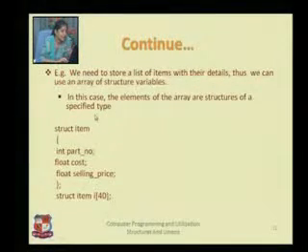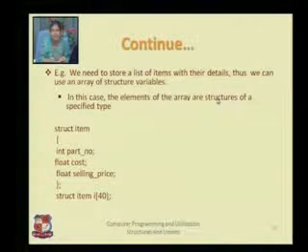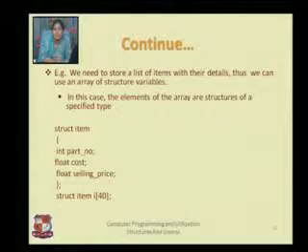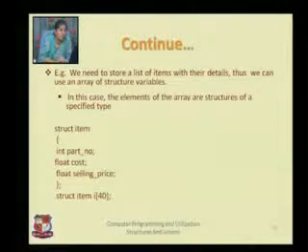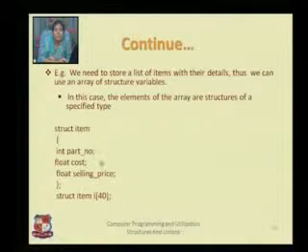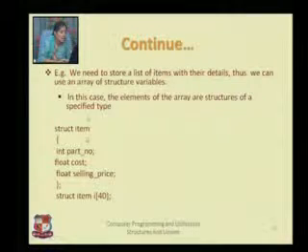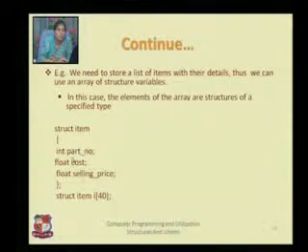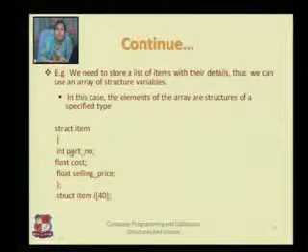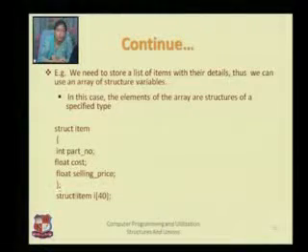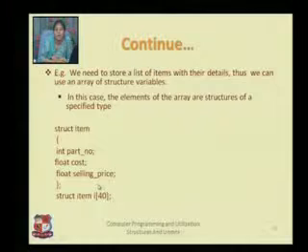So let us see an example where we have some items with us. Let us say fridge, TV, or whatever stuff, right? So there are the items, and I am storing the items list. I need a structure which can store details for me. So I am taking struct item, which has particular attributes: part number, cost and selling price. Cost means how much it costs me, selling price means how much I can sell it for. So I am writing struct item with integer part number, float cost and float selling price, right? Then I am finishing this particular structure.